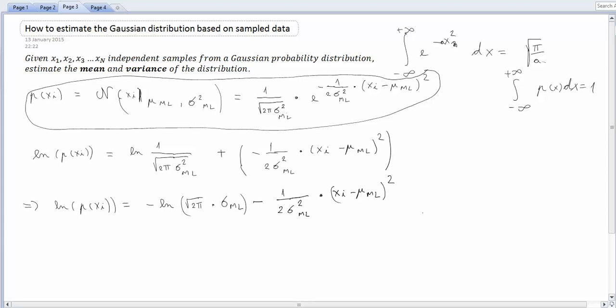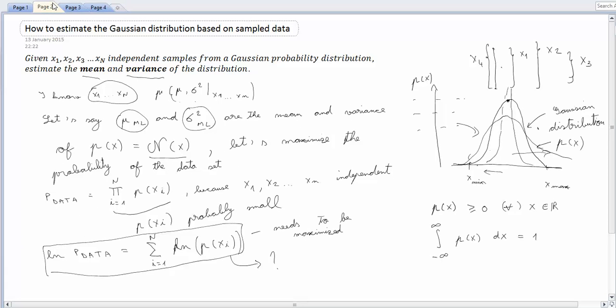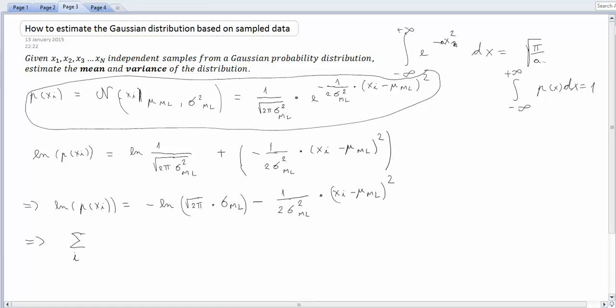Okay, can we do some more simplifications? I don't know if it would make any sense. We should maybe perform the sum. So we are trying to minimize, once more, if you remember from page 2, the sum of the logarithms here, and the sum from i equals 1 to n of the logarithm of the probabilities equals, okay, this term over here is simply multiplied by n,